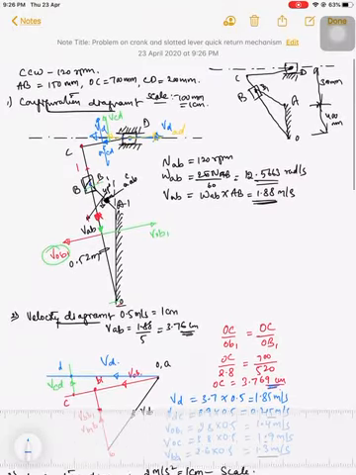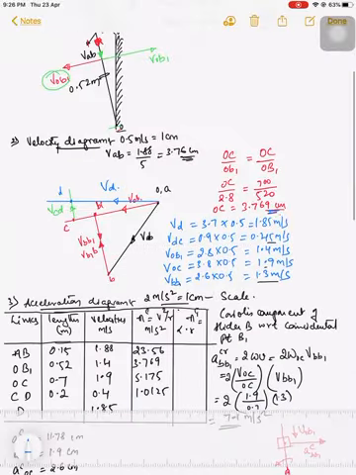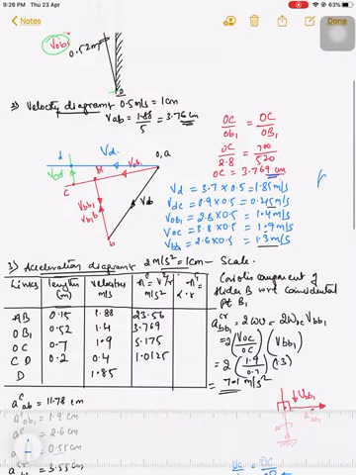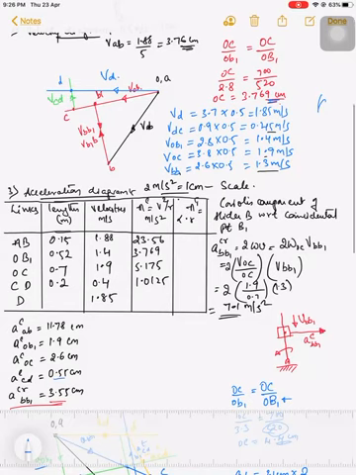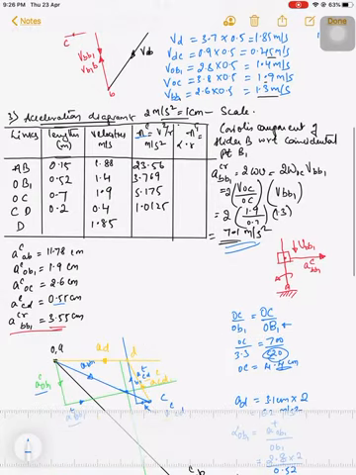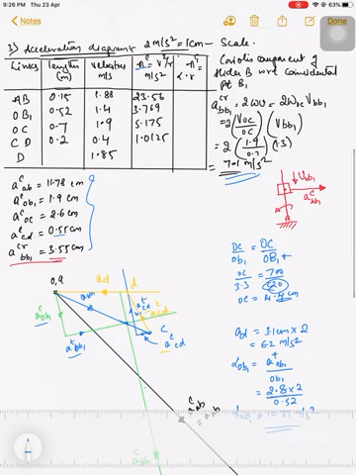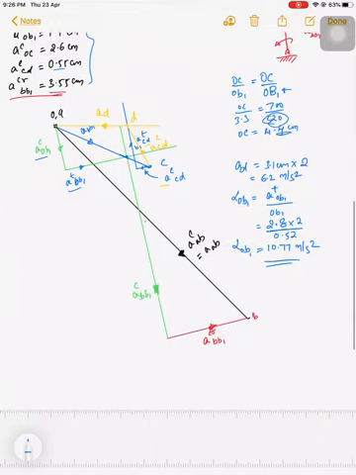So this completes the whole problem. Initially you have to draw the configuration diagram, then the velocity diagram as I have done. Find out the velocities. Those velocities are used in the acceleration diagrams to find out the centripetal acceleration. And here, as the slider is moving up and down as well as rotating with the link, we have to find out the Coriolis component for the slider B with respect to a coincidental point B1. So take the scale, divide all the values with the scale, list it out like this. Now draw the acceleration diagram, and this completes the problem.